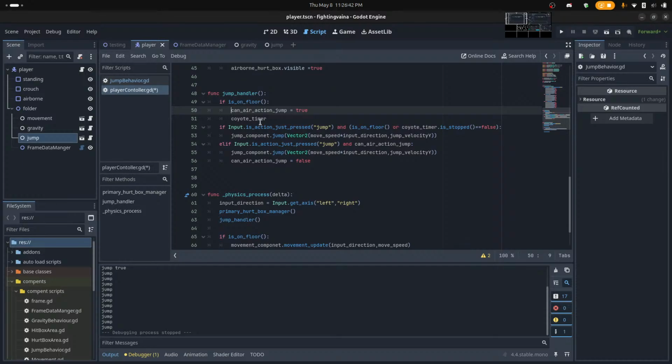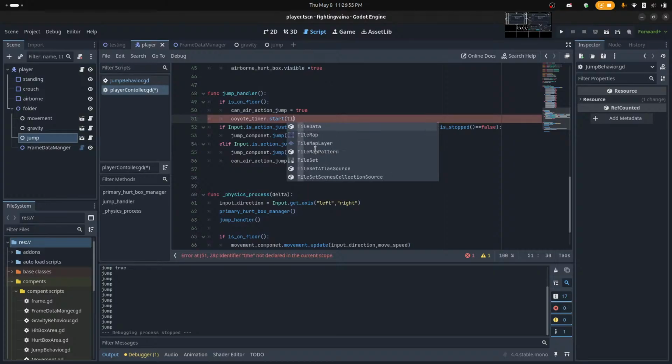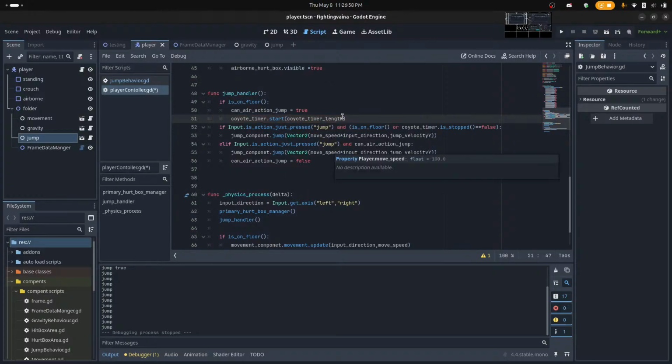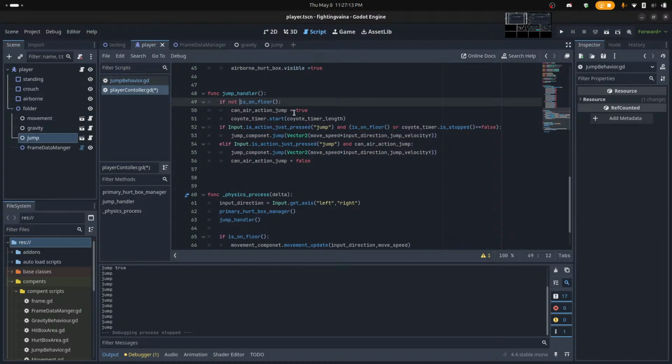I don't actually see this in the place. This coyote timer got start. So if it's on the floor, the coyote timer start length, which is not where we want this. If not is on floor,